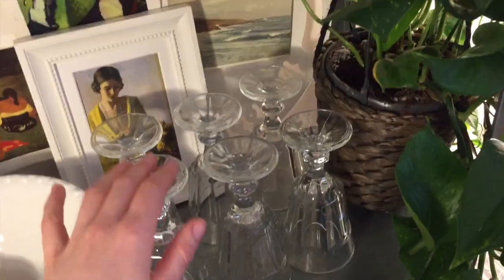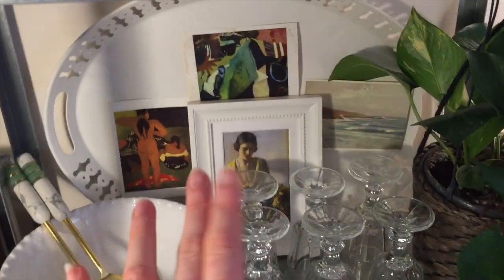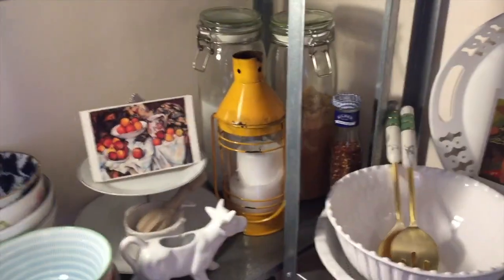Then lots of bowls. I think I got these in Oliver Bonus. These pretty old-fashioned glasses, also IKEA. A few plants, postcards, storage jars, my candle from the Fulham flat, milk jugs, bowls, cake stand, another plant, jugs, just plates, trifle bowls,